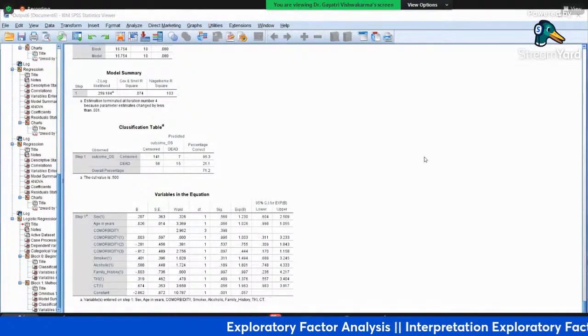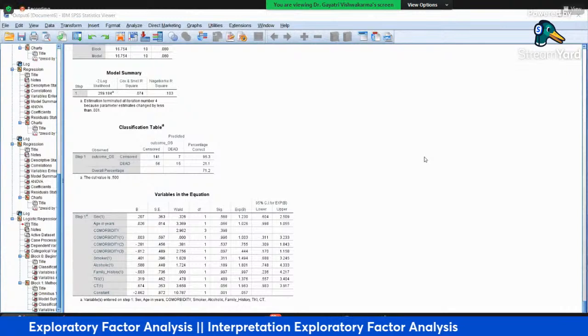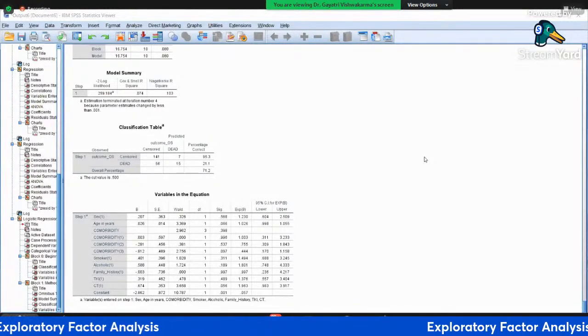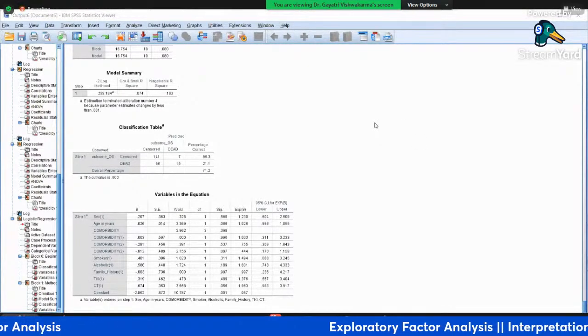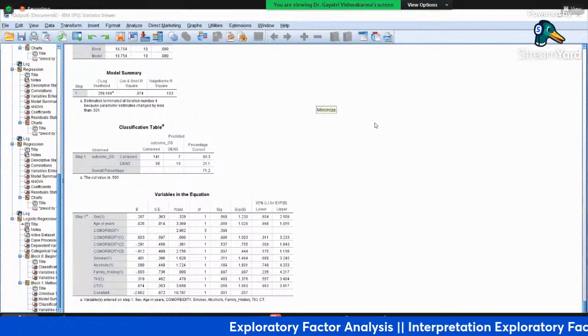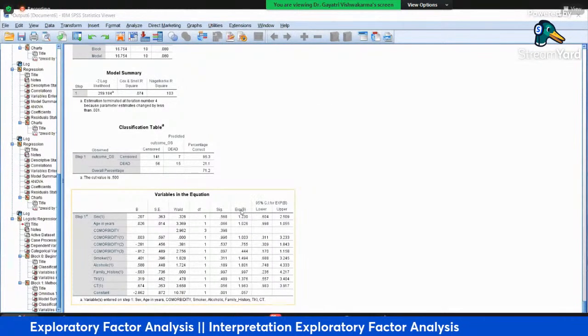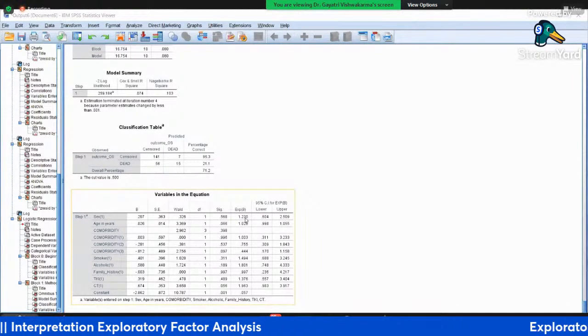When you are doing a retrospective study, you will be able to find only the odds ratio. Relative risk can be found with a prospective study. So with logistic regression, we find the odds ratio. This exponential beta is nothing but the odds ratio with the 95% confidence interval.